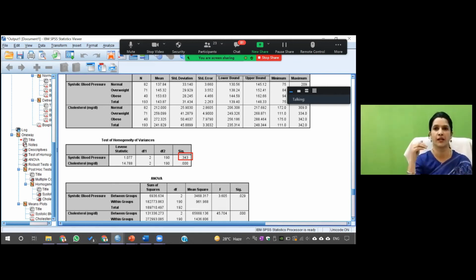No. That means you missed something in the lecture. I've told you in the theory that equality of variances is assumed when the p-value is more than 0.05. We did this yesterday also. If you can recall yesterday's lecture, the null hypothesis states that the equality of variance is there. So that's why we don't want p to be significant.